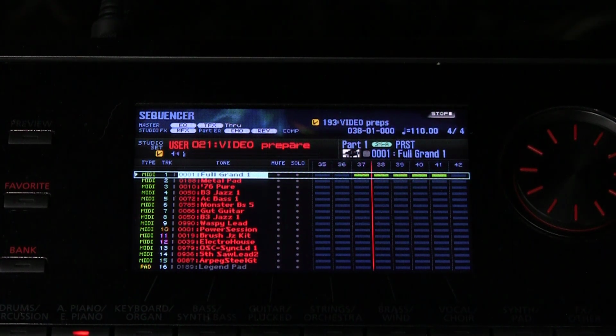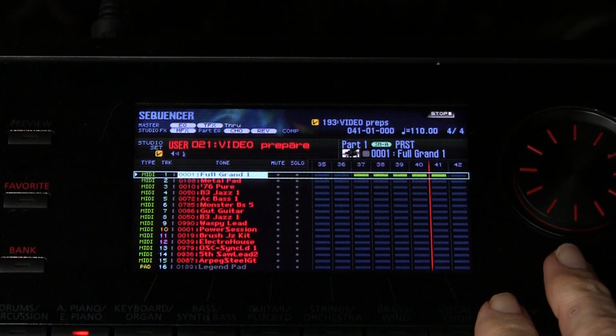Now you can see that we have some green bars here. When we see the green bars, we know that there's no note messages, but there are other types of messages in those bars. So the pink bar means that we have note messages along with other MIDI messages. The grey bar means that it's just note messages, and the green bar means that there are no note messages, but there are other MIDI messages. Now that's a good introduction to our microscope, because if we go to the microscope here,